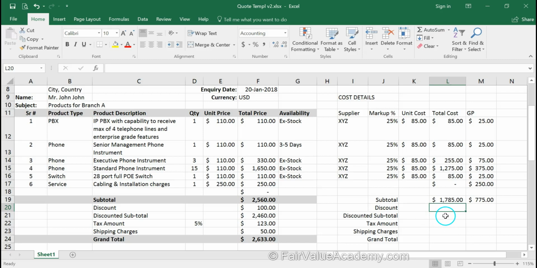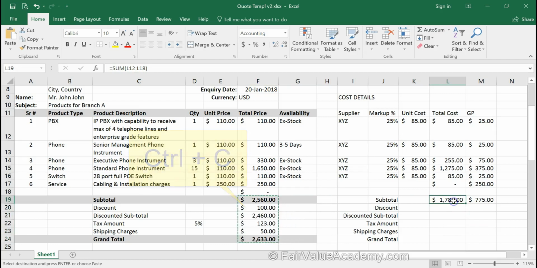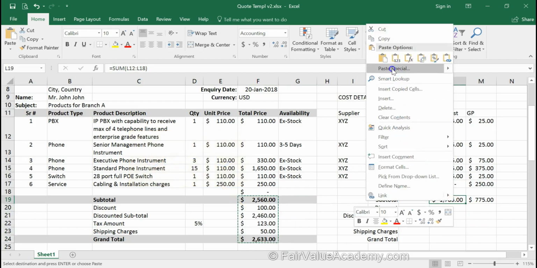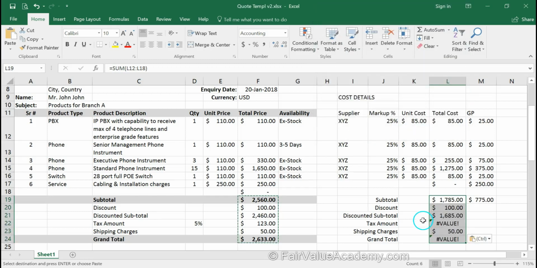If there is no discount, leave it. Discounted subtotal will be, you can copy this particular bit of formula which is here. I'm going to copy this, come here, right click, paste special and use formula. That is one option. The other option is use formula and number formats. If you use formula and number formats, then you don't have to reapply the number format.